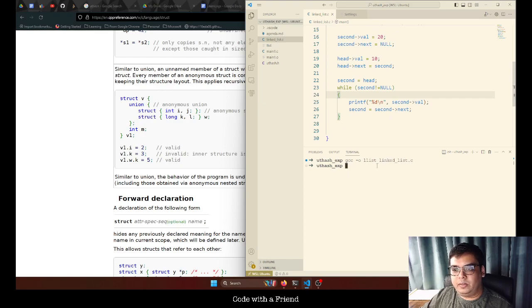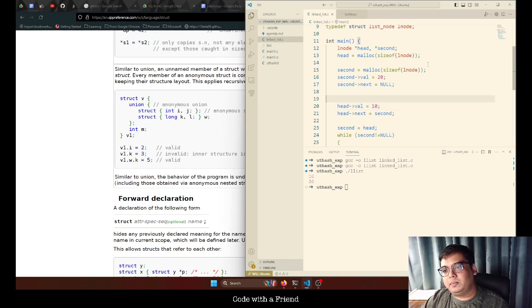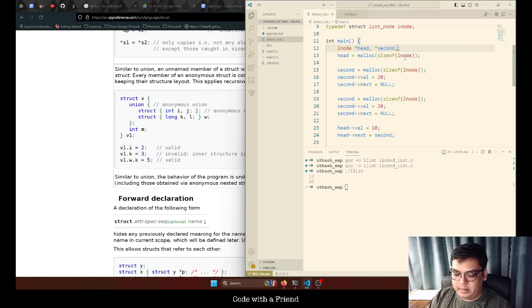So this basically iterates over the list, and if it's fine, it should probably print that value. So let me try to print that, and now actually it's printing properly. And even in this case, what we can do is allocate another pointer. If you can see, this becomes like a pattern. So we can potentially allocate another pointer, let's say, let me call it third pointer, and this third pointer,